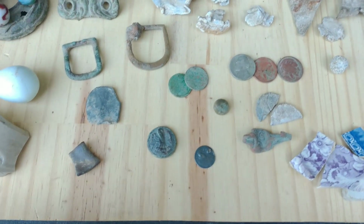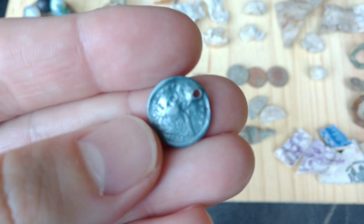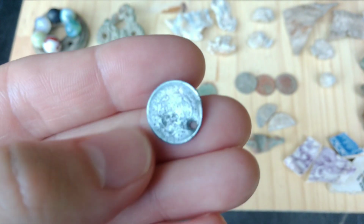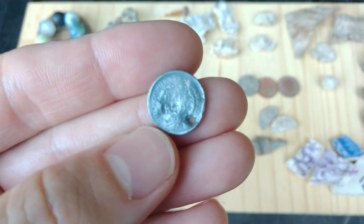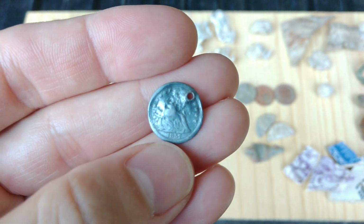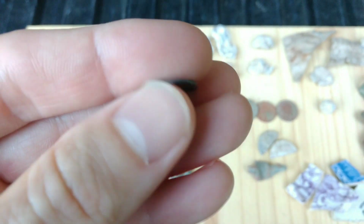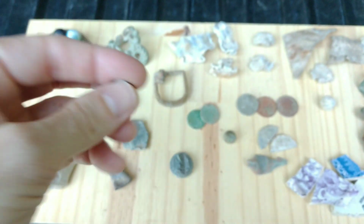And then the two really good finds for the day. The 1857 seated Liberty half dime. It's just got this neat patina over all of it. Just a dark gray. So yeah, cool find, obviously. And then the